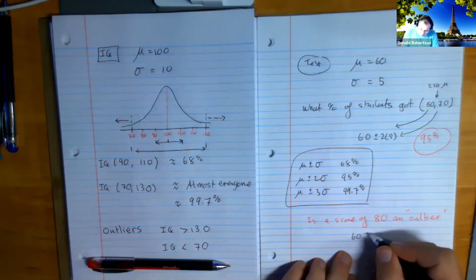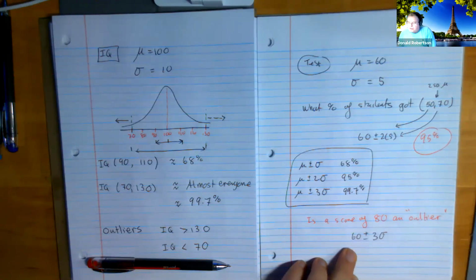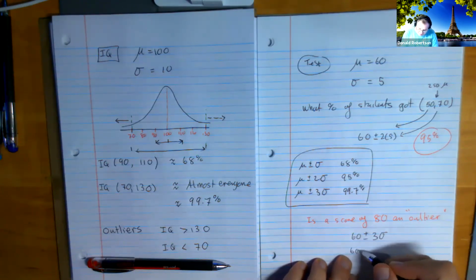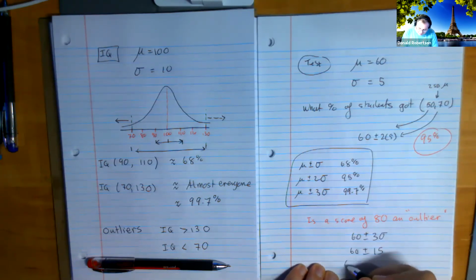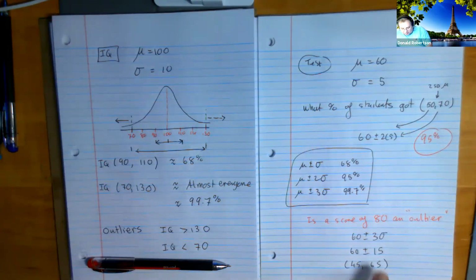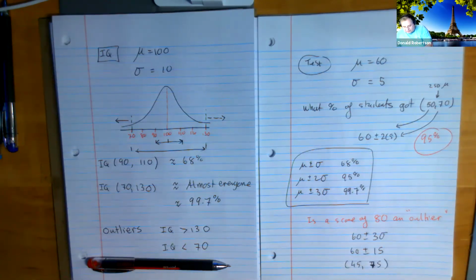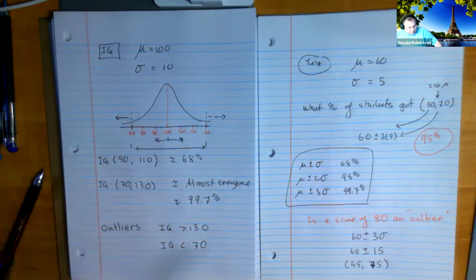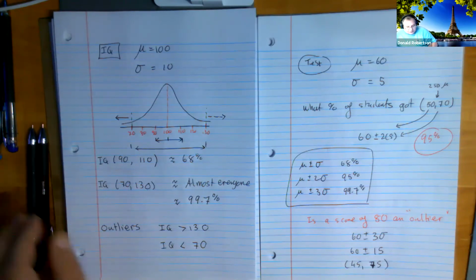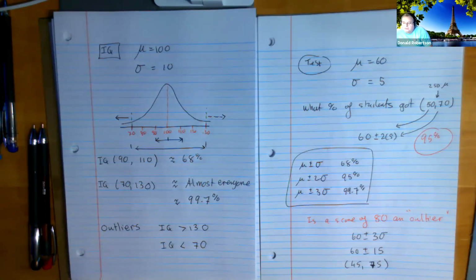So aren't outliers anybody who's beyond 3 standard deviations? So anybody more than 3 times 5 away. So you'd have to get less than 45 or more than 75 to be considered an outlier. And 80 clearly is. What this does is it gives us a way of deciding who potential outliers are without doing a value judgment on it, like, yeah, that looks kind of extra big, I think it's an outlier.